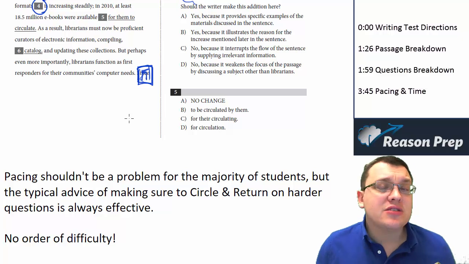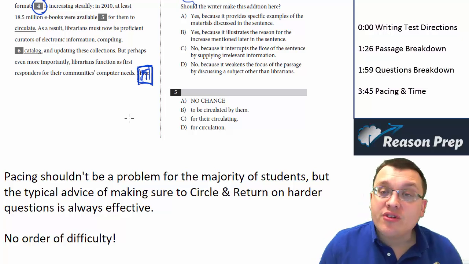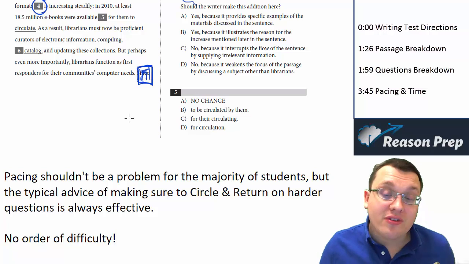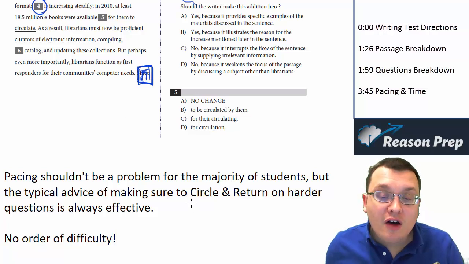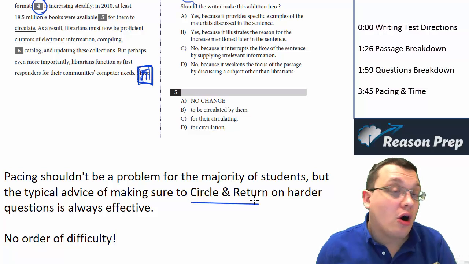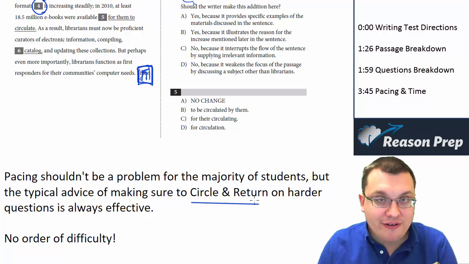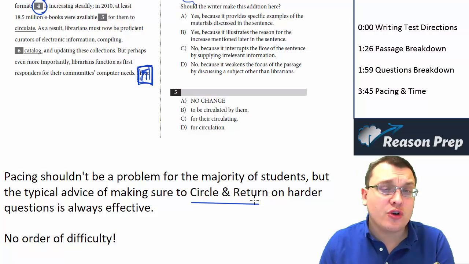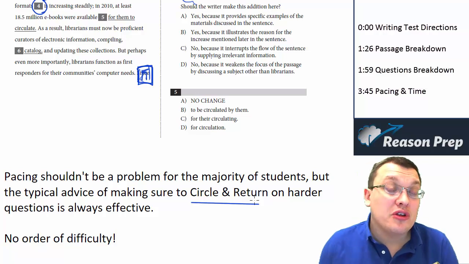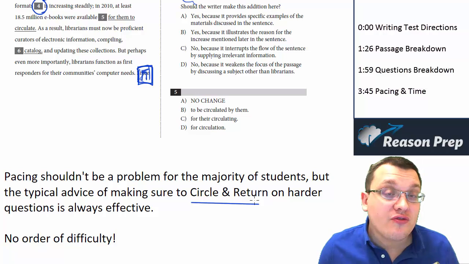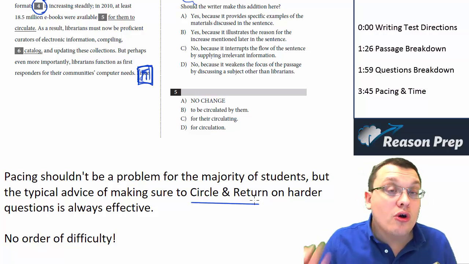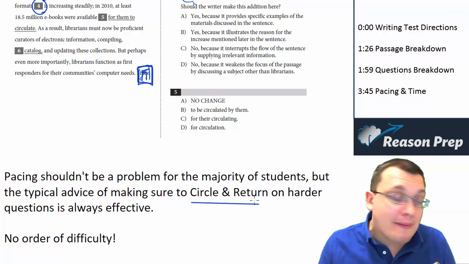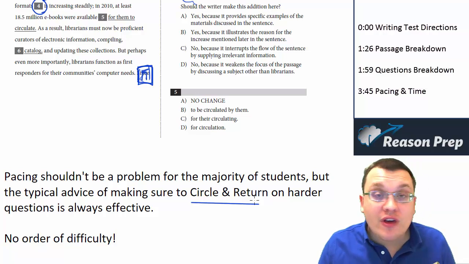So pacing isn't really going to be an issue for the majority of students. I don't think most students are going to have issues with time here. But if you are having issues with time, the typical advice of making sure to circle and return on harder questions is usually very effective. So if there's a question that's giving you a lot of trouble and you feel like you're going to have to spend a number of minutes figuring it out, rereading the passage and reading the choices, those are questions you want to circle, maybe put a guess on, but circle them, finish everything else, and then